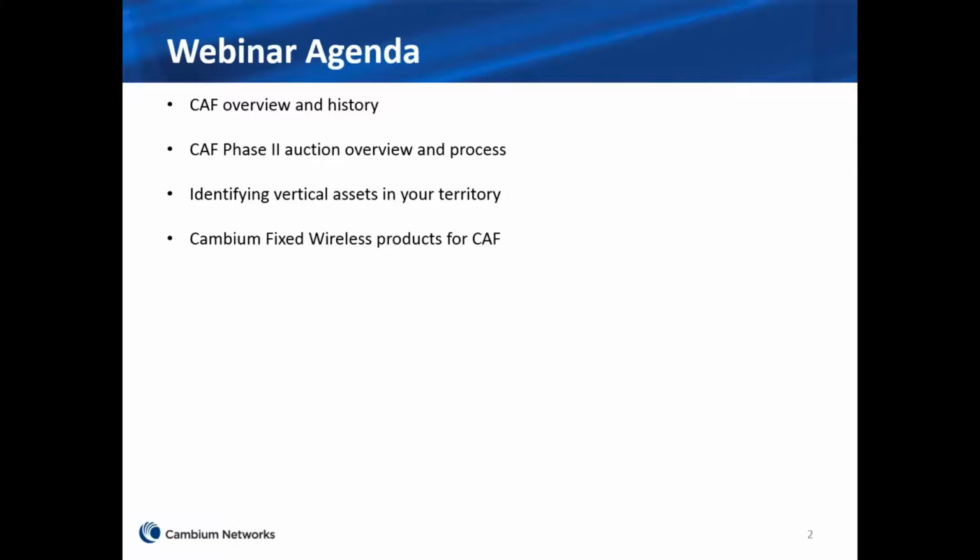Our goal today is to offer an educational session to help you understand the CAF reverse auction process, as well as products and services that we believe can help you craft a winning bid. As the organizer of the webinar, we believe the cost profile and technical capabilities of fixed wireless broadband, both point-to-point and point-to-multipoint, can be a key component. This is proven in our past experience with the rural broadband experiment.